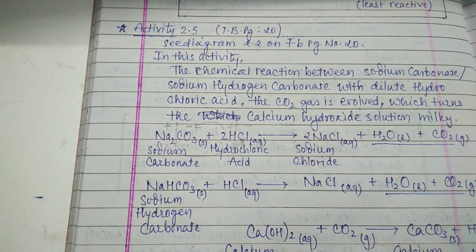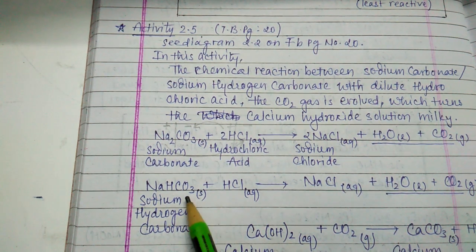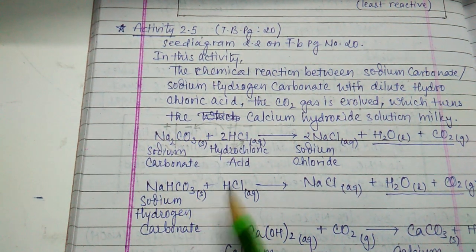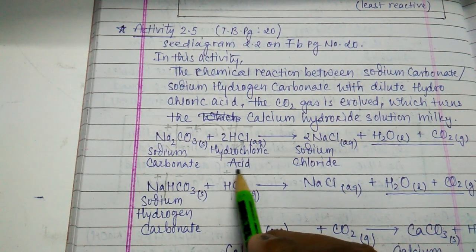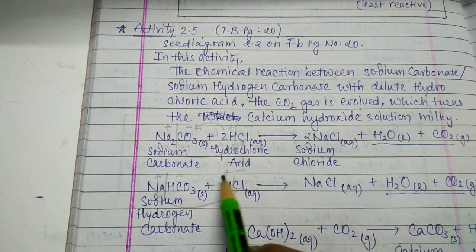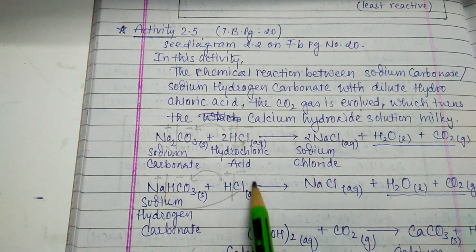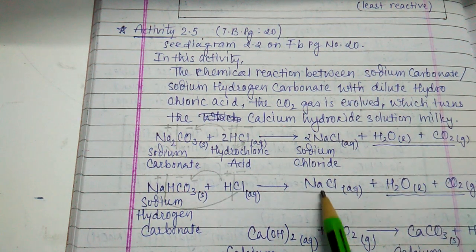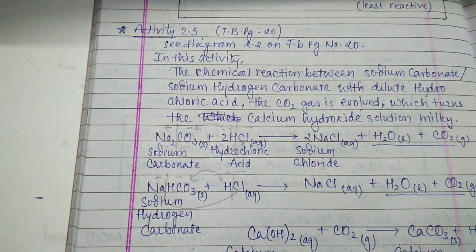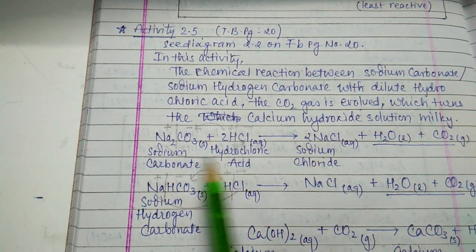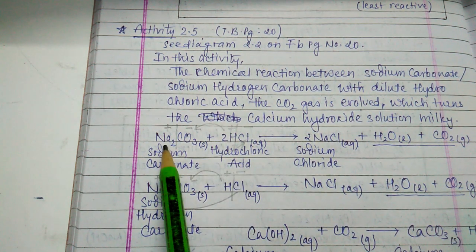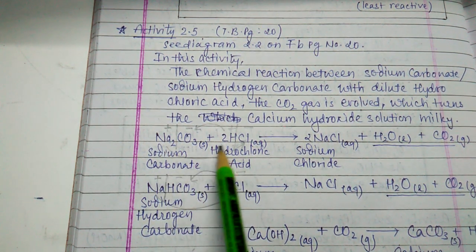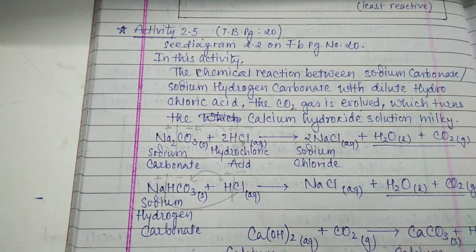The same reaction takes place with sodium hydrogen carbonate. Sodium hydrogen carbonate, this is plus, this is minus, this is plus, this is minus. So Na with Cl, and H with HCO3, so H2O and CO2. Here NaCl. After balancing, the chemical reaction will be written as Na2CO3 plus 2HCl gives 2NaCl, and so on. Here is the balanced equation, already balanced.